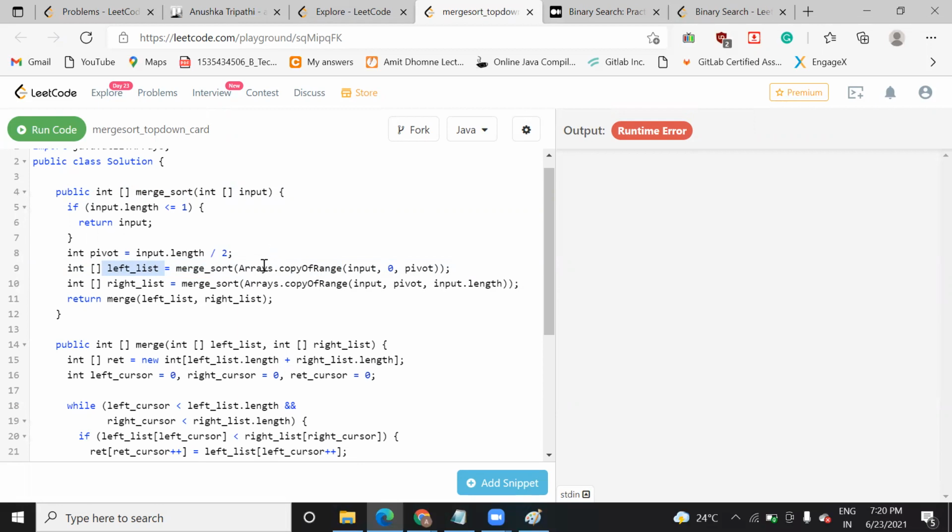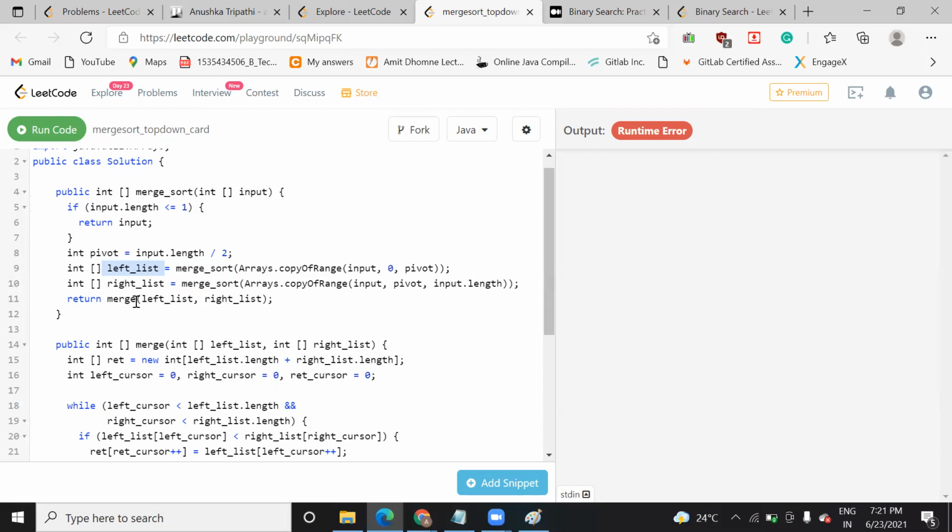It means that to this array you copy the elements from your input, starting from 0 till the pivot, which is 4, since 8 divided by 2 is 4. So the first sublist will have elements from 0 to 4, and the second sublist will have elements from 4 to input.length, meaning here 0 to 3 and here 3 to 7. Understand? Yeah.